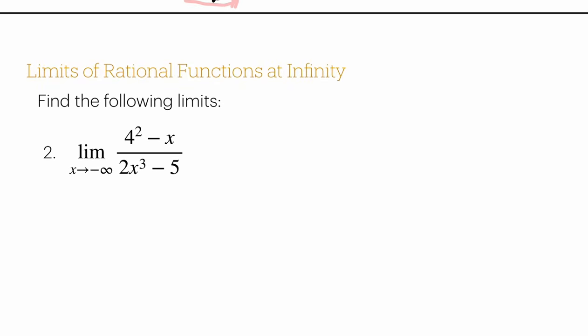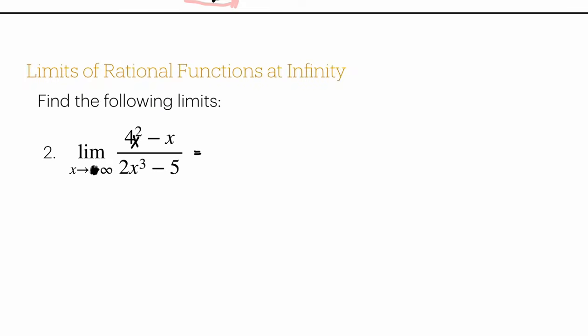Okay, we have the limit of 4x squared minus x over 2x cubed minus 5 as x approaches infinity. So the highest degree is x cubed, so we're going to divide each term here by x